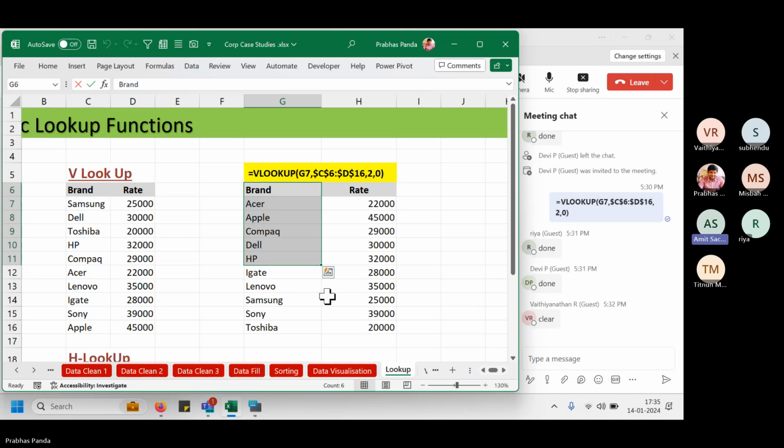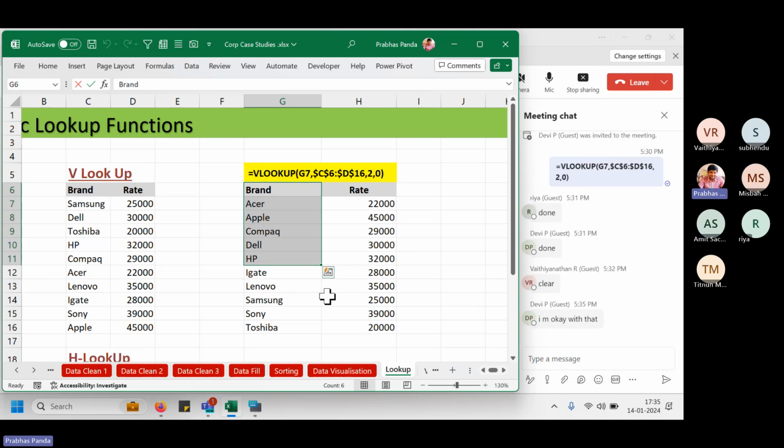I think we should go with it because it would be a new learning for all of us. Right, no problem. We'll do one thing, we'll take a voting immediately right now itself. Devi is saying he's okay with that. Vaidyanathan, what's your choice? Shall we go for XLOOKUP? Yes, yes, Prabhas. Okay, Surendra,